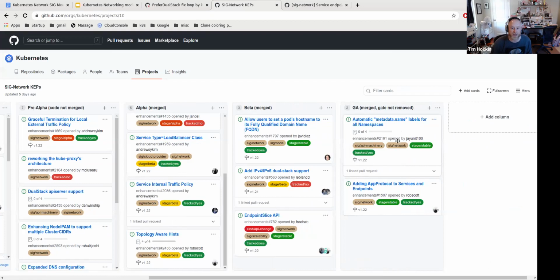And this is where it got interesting. We talk about KEPs being alpha, beta, and GA, but there's nothing actually physical that manifests that except the gates. Some KEPs have no gates, and some KEPs have multiple gates, and those multiple gates are sometimes in different stages. Like endpoint slice, I thought, oh, that's GA, no problem. Oh wait, actually one of the gates in the endpoint slice KEP is still beta. So I was trying to figure out how I want to activate this.